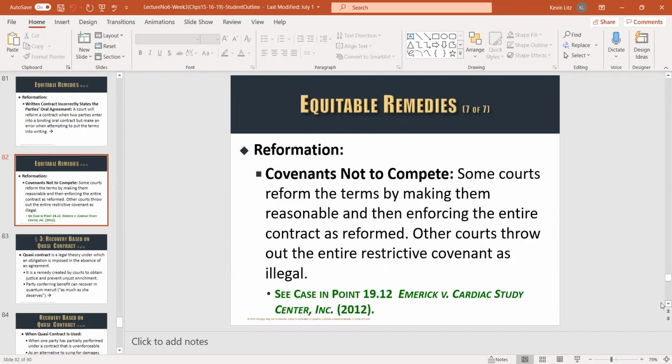Covenants not to compete. Here's just an interesting note. If you look at your employment contracts, they might have covenants not to compete: I won't go out to a competing business for 5 years after I quit. Well, just FYI, in Oklahoma, that's largely unenforceable because we actually have a constitution and a statute that prohibits it. But a judge might say, well, you can have them not compete for a year, but 5 years is not reasonable. Or they can compete on the East Coast, but not in Oklahoma. So a judge might reform or revise the contract language to make it enforceable.